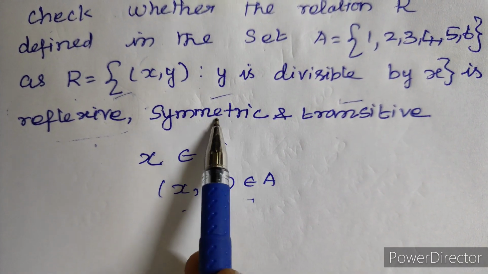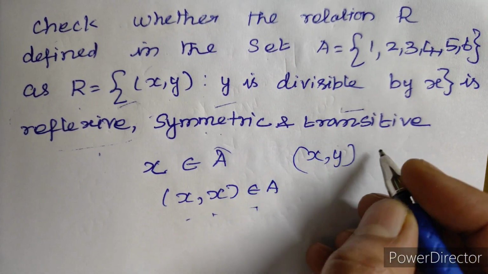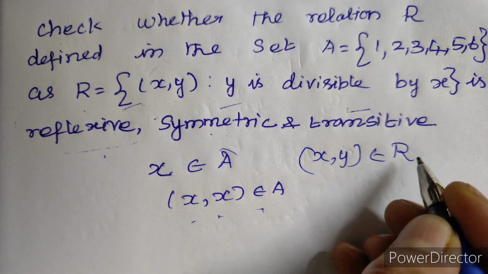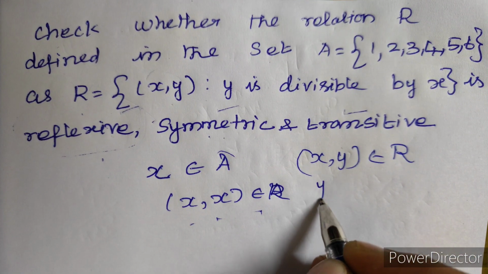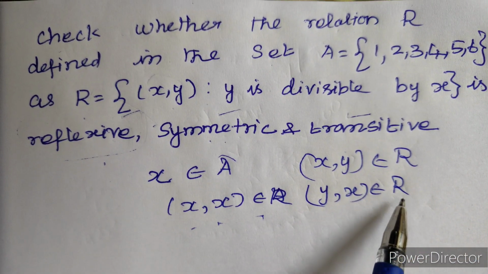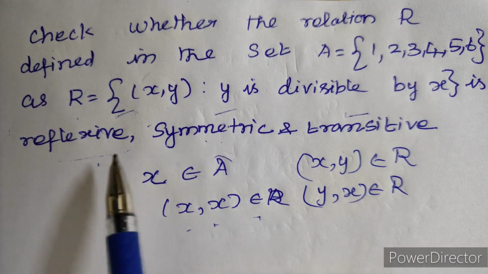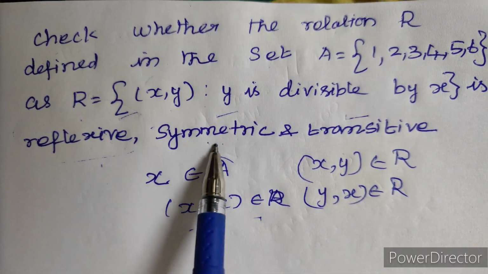In the same way, to prove symmetric, we have to take (x, y) belongs to R. We have to show that (y, x) belongs to R. Then R is symmetric. Here in this question, we are going to show whether R is reflexive, symmetric and